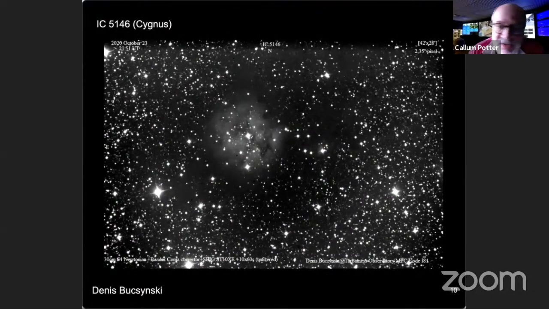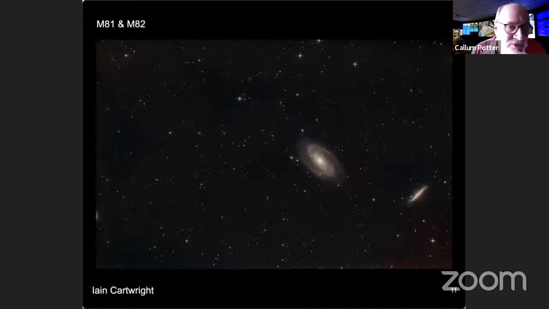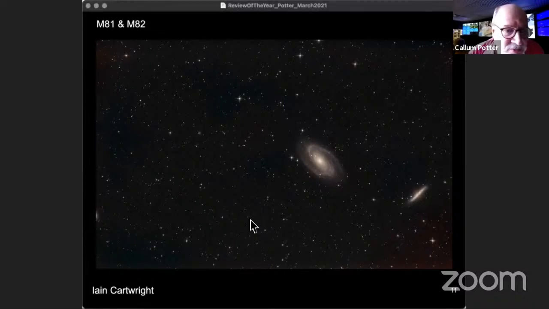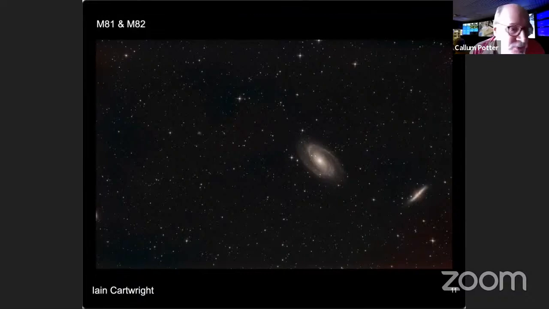So Dennis Pazinski has also been sending in some deep sky images. Many thanks to Dennis for that. Interesting that he's our furthest north observer, I think. It's a remarkable amount of clear skies he gets from fairly far north of Scotland. Also in Scotland, Ian Cartwright, in Ayrshire in the southwest of Scotland, has also been producing some remarkably nice images using Nikon DSLRs and a Newtonian telescope.